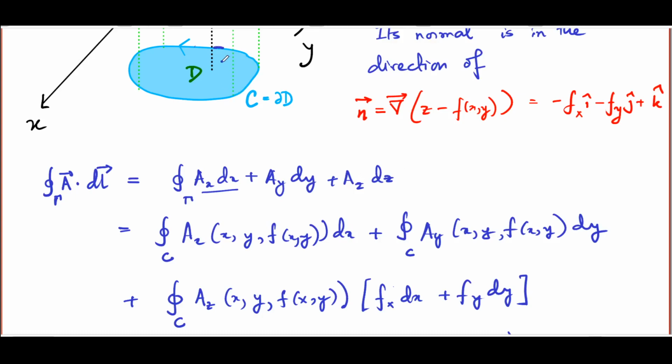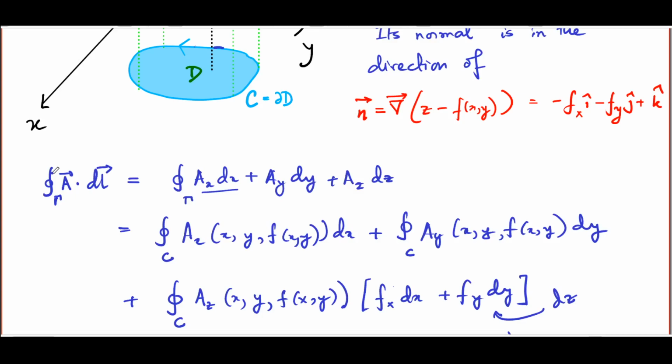So as you move along this curve, of course, x and y change. Z changes because z is a function of x and y. So change in z, dz, is given by del z del x dx plus del z del y dy. Del z del x is the same as del f del x, z being f of xy, and of course we use the abbreviation fx for that. So fx dx plus fy dy, this is nothing but dz. So this is what we do in order to convert this line integral of A dot dl over the closed loop gamma, which was not necessarily a flat loop,